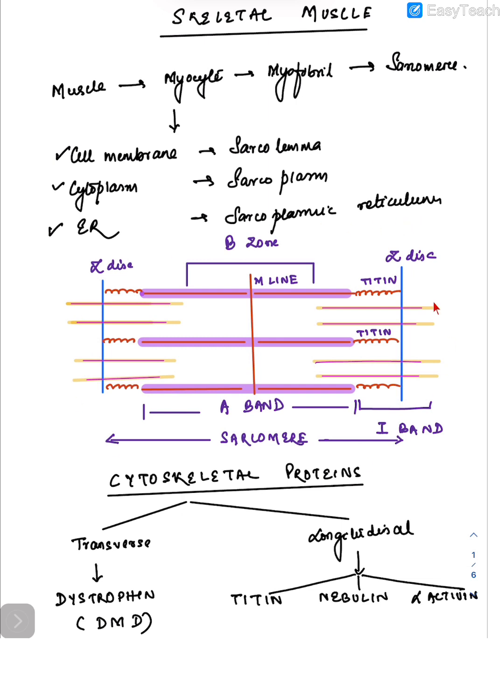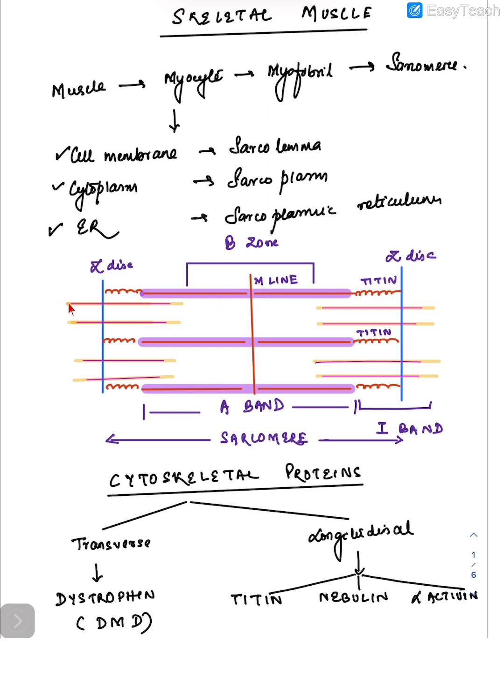Now, this is the structure of a single sarcomere. The region of this structure that lies between the two blue lines is one sarcomere. These blue lines are known as Z discs. These thick purple lines that we see here are the thick filaments, which are made up of myosin,